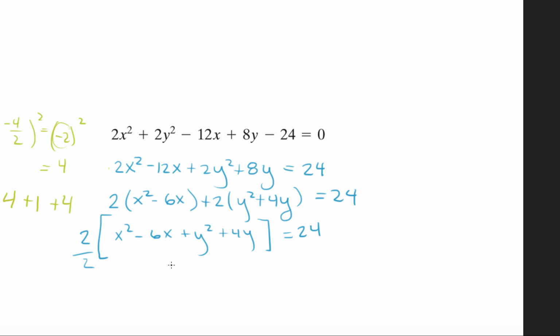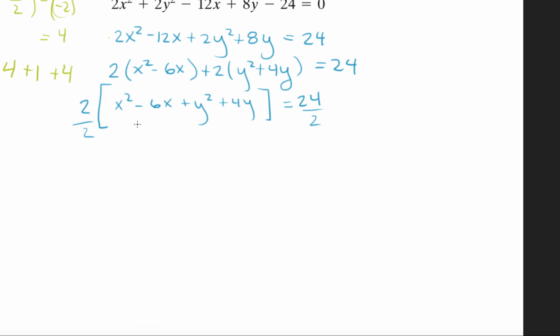And from here, we divide by 2 on both sides. So you're left with x squared minus 6x plus y squared plus 4y equals 12. Now, similar to the previous example, we do b over 2 squared to complete the square. B here is negative 6 for x and positive 4 for y. So you have, let me write it over here,